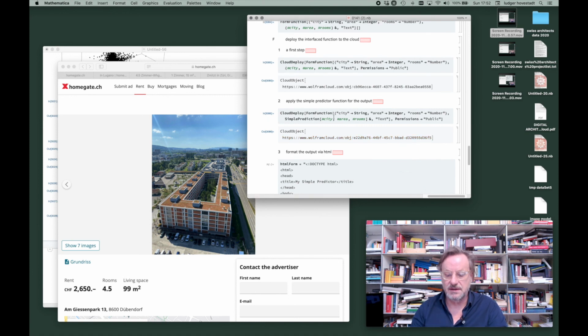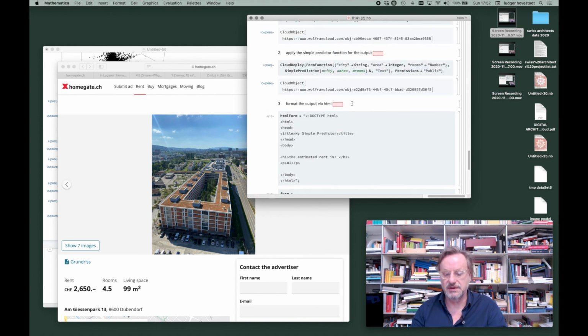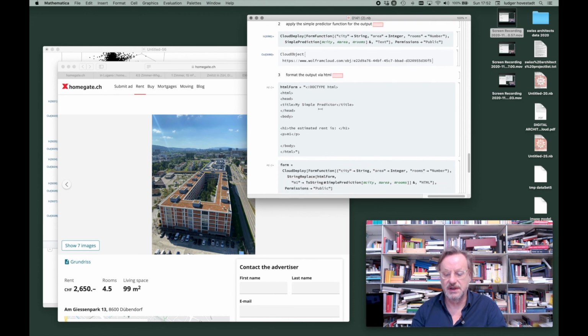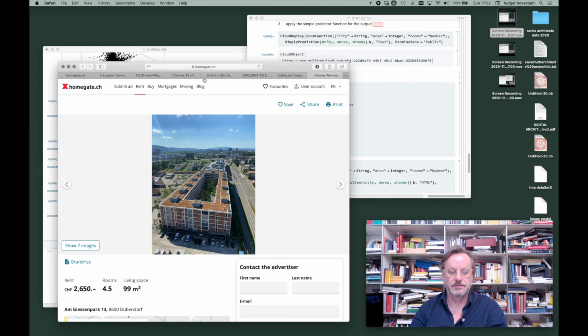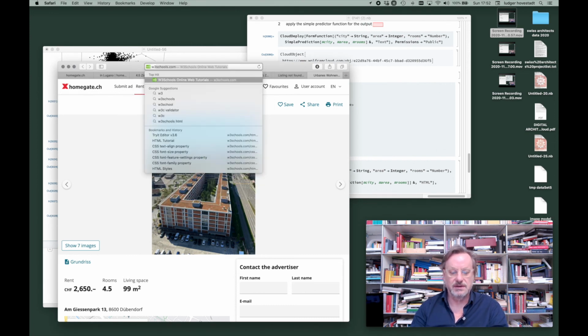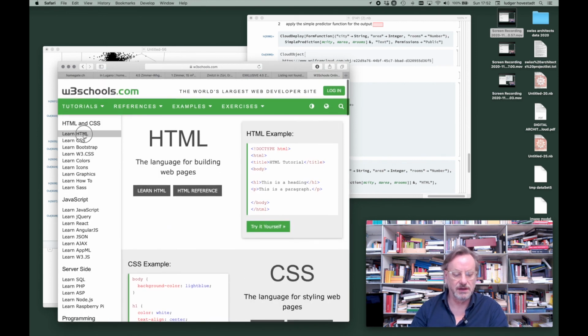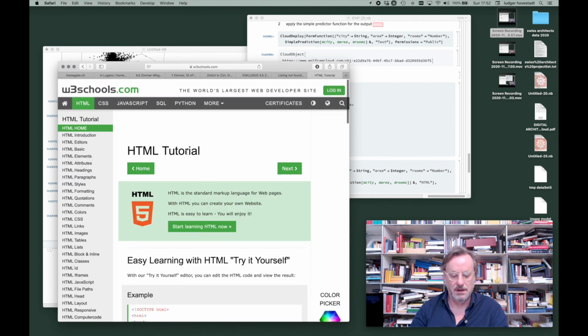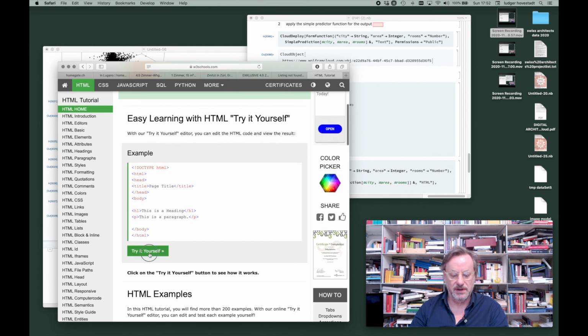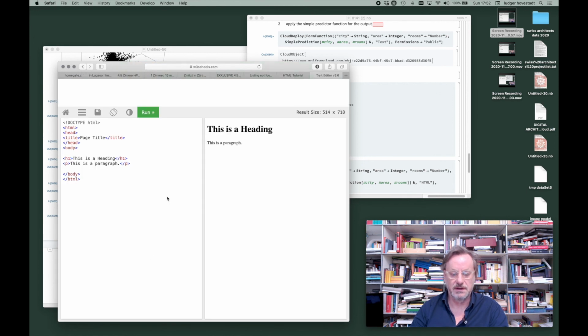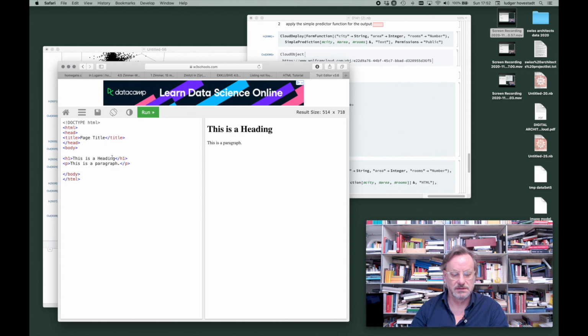We have this. Now format the output via HTML. Because all this is HTML in the cloud, go to W3Schools. This is how to learn HTML. So here, try it yourself. This is the code, and we simply say,